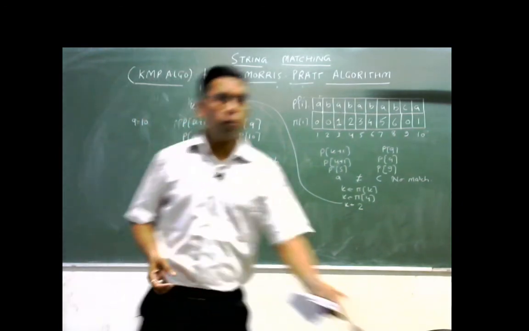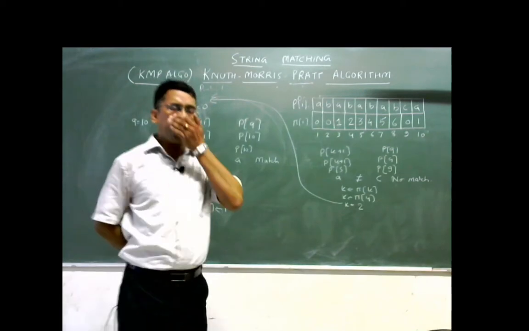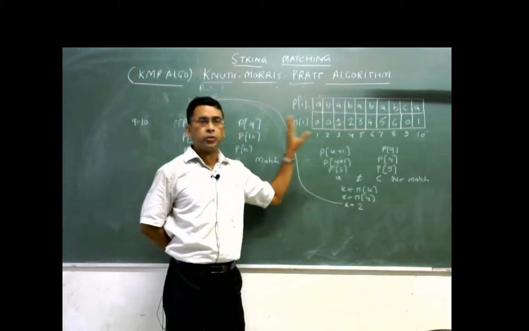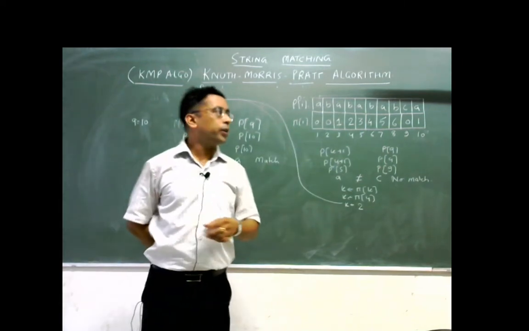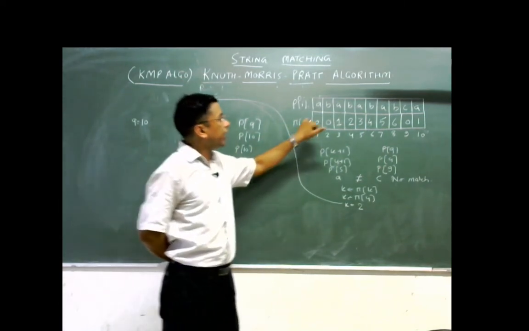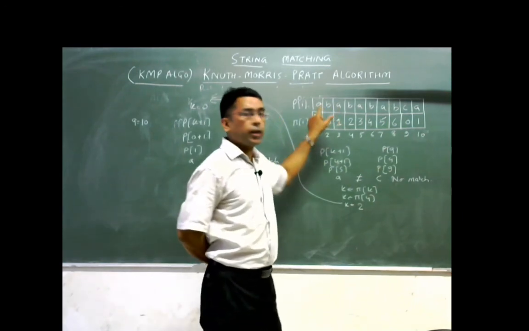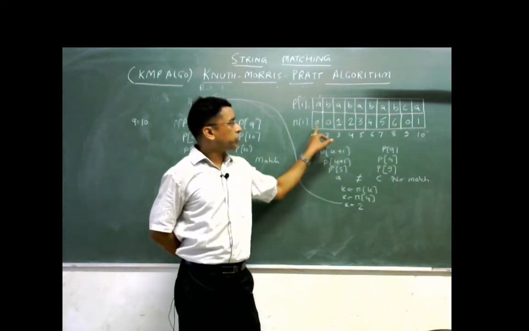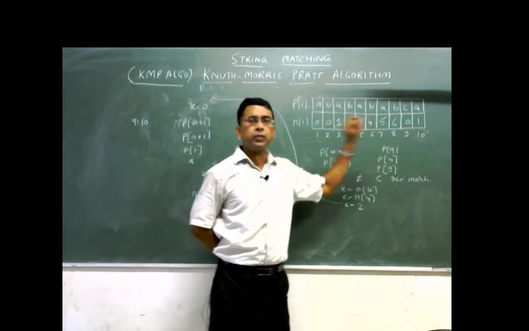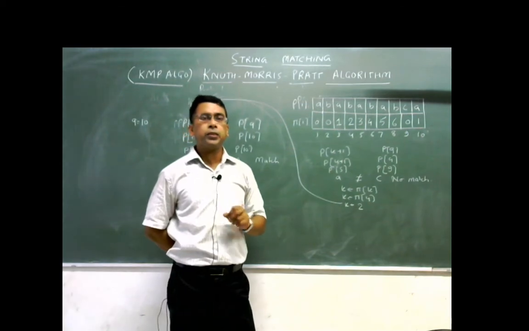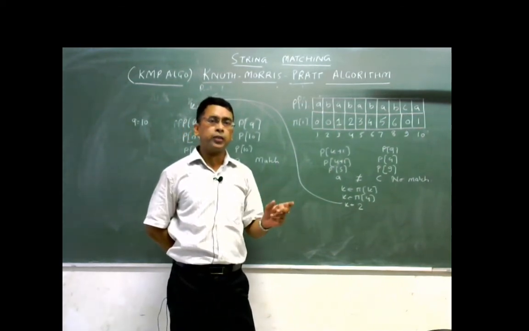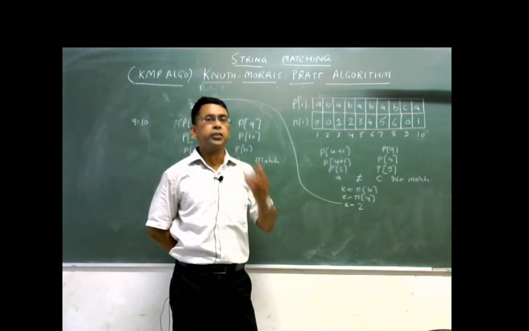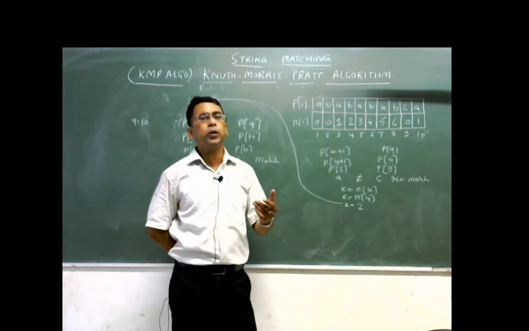I want to tell you what the utility of it is. Here we have computed the prefix function for the given pattern string for every position. What is the advantage of that? Here you can see it means the longest prefix that is also a suffix in the given pattern string. This function has the highest prefix value, equal to 6. It means the longest substring that is both a prefix and a suffix in the given string is 6, and the longest shift that we can bypass is equal to 6.